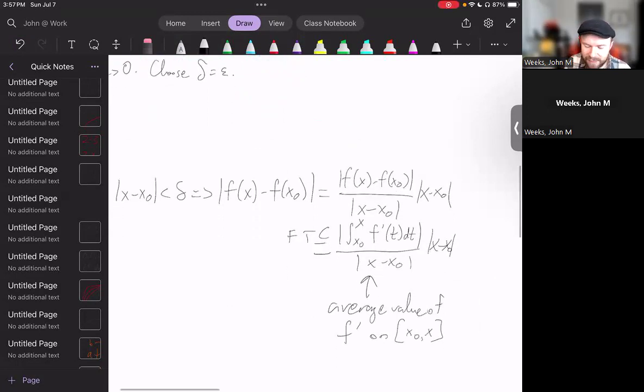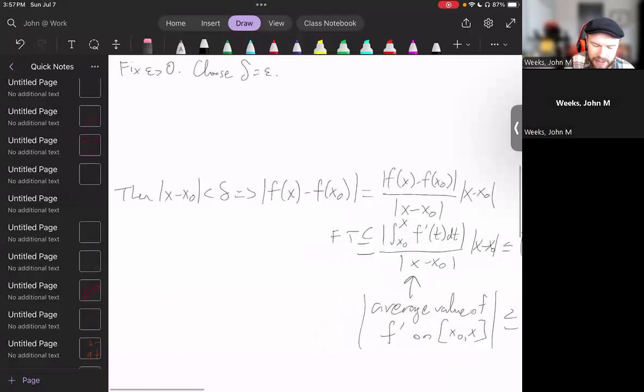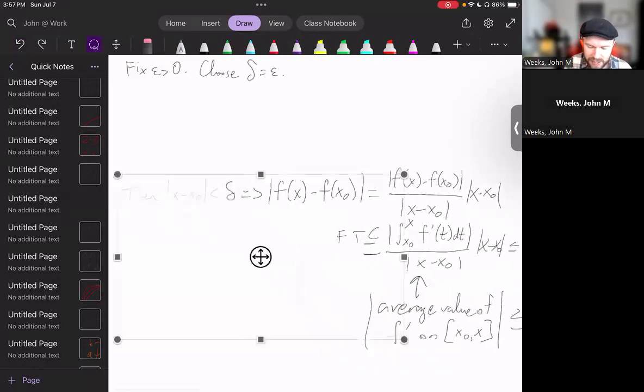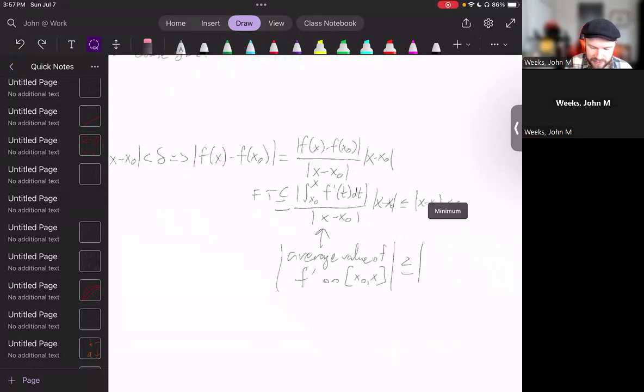And guess what? That average value of f prime is going to be less than or equal to 1, because the whole of f prime is going to be less than or equal to 1. So this is going to be less than or equal to |x - x_0|, and we want this to be less than epsilon. So why not go ahead and just make our choice for delta equal to epsilon? That gives us what that choice should be, and in fact, that ends our proof